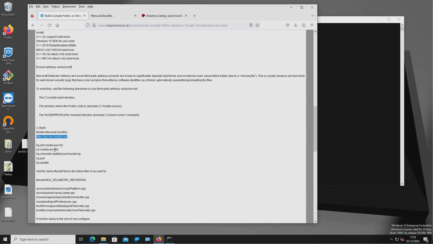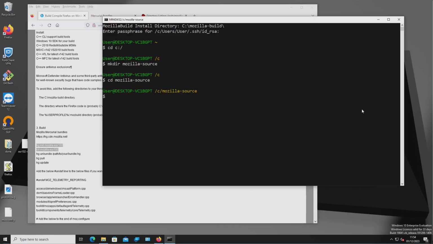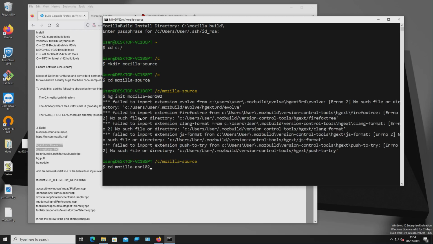So now we're just going to follow these instructions. As you know, Hg is the chemical symbol for mercury. And believe me, you don't want to get any mercury on your clothes or hands or anything. So I think they could have chosen